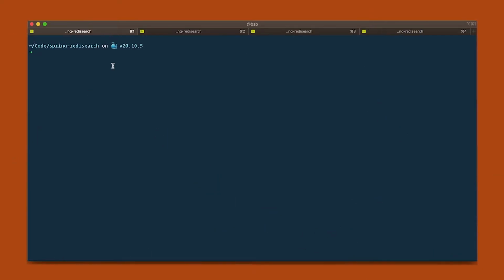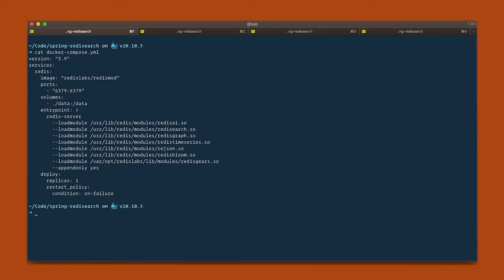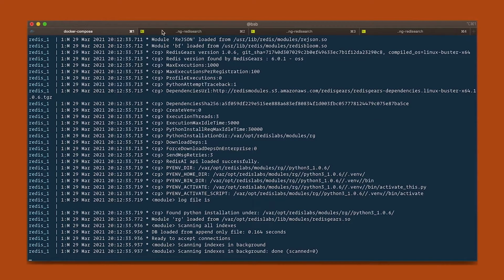In order to use RedisSearch, we need to have a Redis instance that actually has RedisSearch installed. To simplify things, I provided a Docker Compose YAML file that we can use to launch a Docker container that contains all modules pre-installed. As you can see, it has RedisAI, Search, Graph, TimeSeries, JSON, Bloom, and Gears. Launching that,